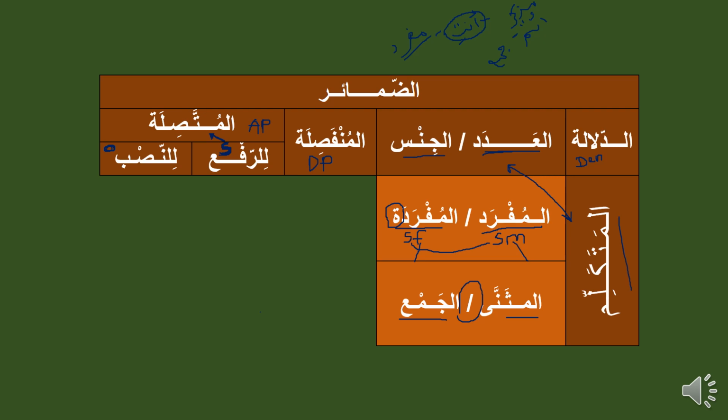So let's look at the examples under all these classifications. When we look at the chart now, you see that all the classifications are what we've talked about before, except the adad and al-jins and the like. But the other ones we've talked about. So let's look at the examples under them. The one under al-mufrad,